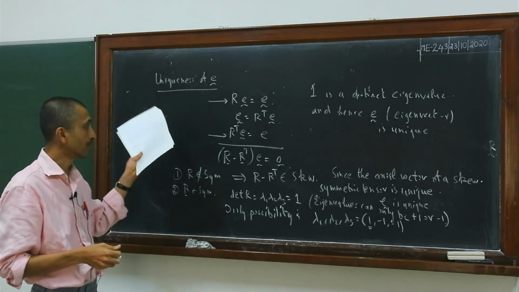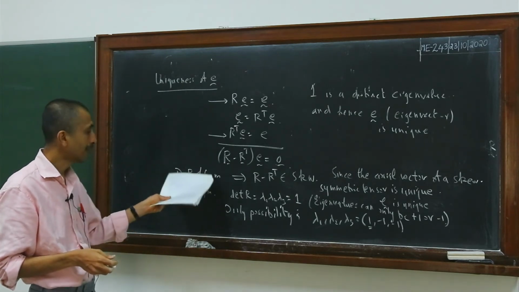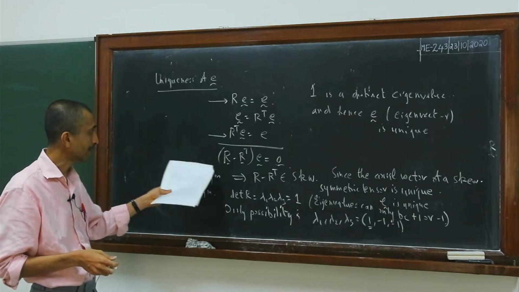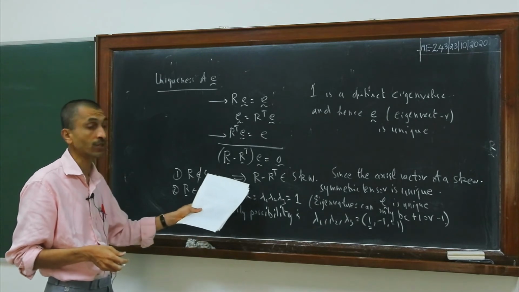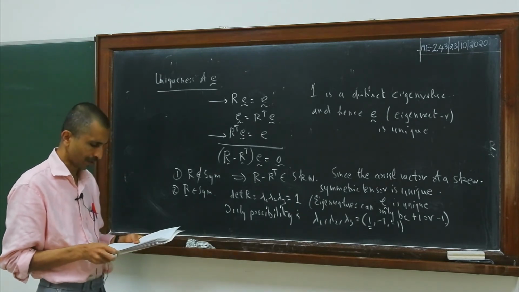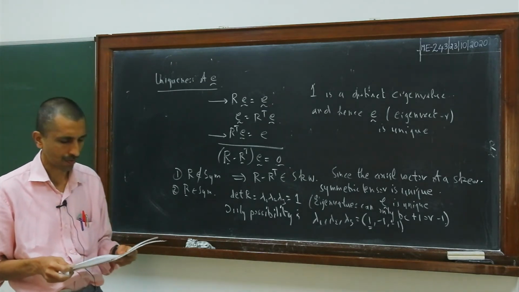So as I said, you have to split this proof into symmetric and skew symmetric parts. I mean two cases: R minus R transpose is skew symmetric, or R minus R transpose is 0 when it is symmetric, and in that case you have to analyze it separately. So that is why in this proof one has to be a little bit careful.